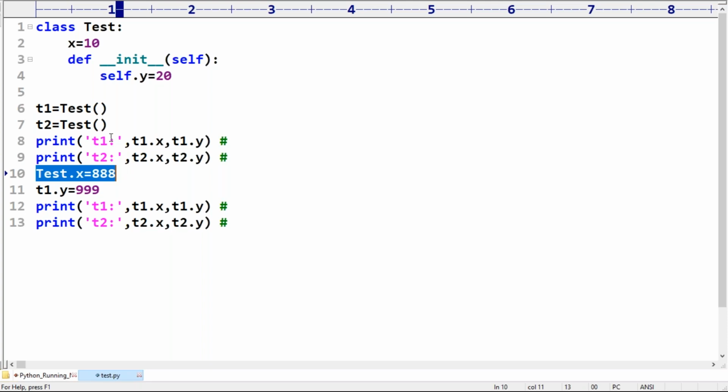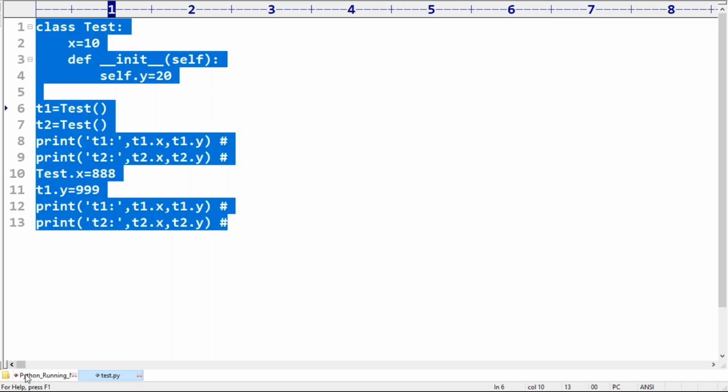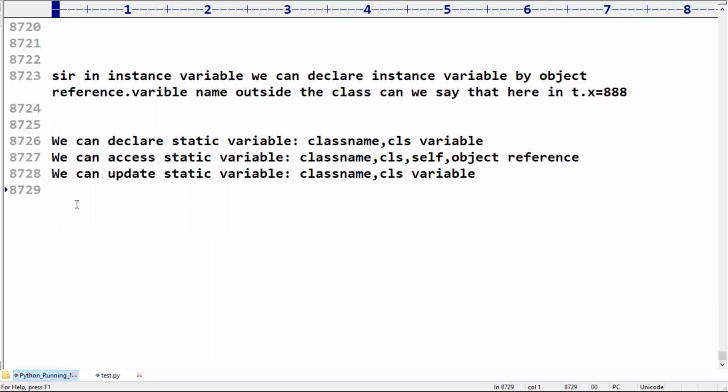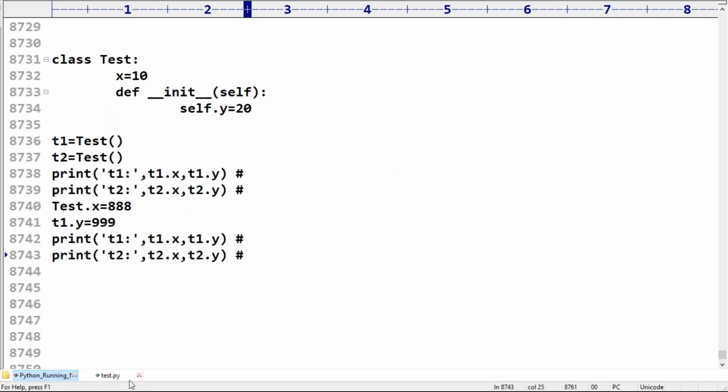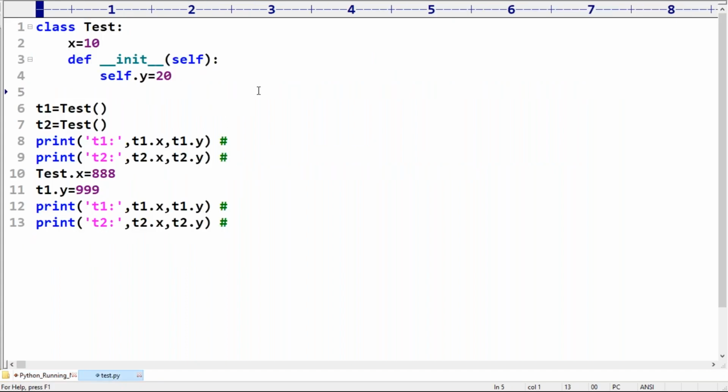Can I go for just one more example I'm trying to take? Sir, just only with the practice. Only with the practice you will get much clarity. Beyond that, nothing, sir.